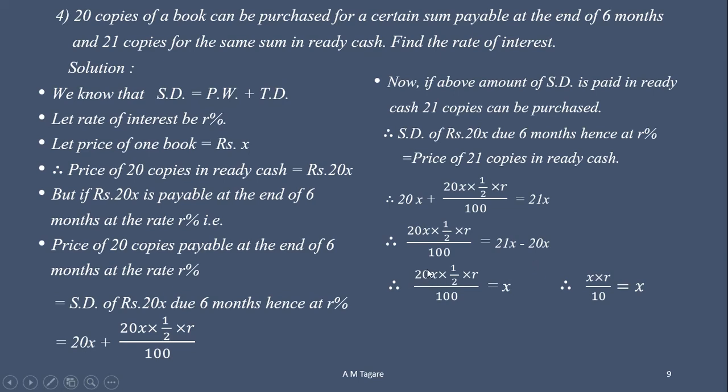Now here we cancel this 0, we cancel 2. So in the numerator, x into R upon 10. So we get x into R upon 10 is equal to x. Now transferring this 10 to the RHS, we get x into R is equal to 10 into x. Cancelling x from both sides, we get R is equal to 10. So we get the rate of interest is 10% per annum. Now in this example, this sentence is given, we only have to convert it into a proper equation, and solving it we get the rate of interest.